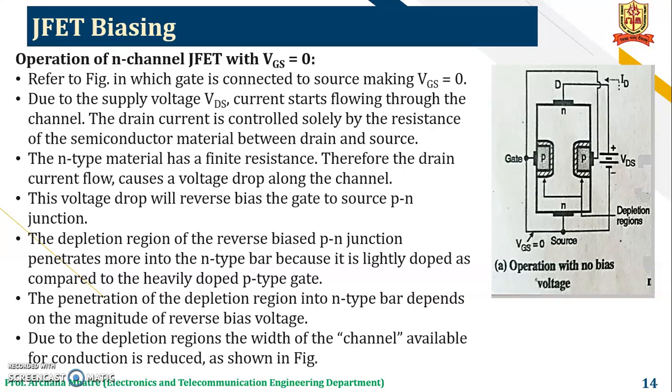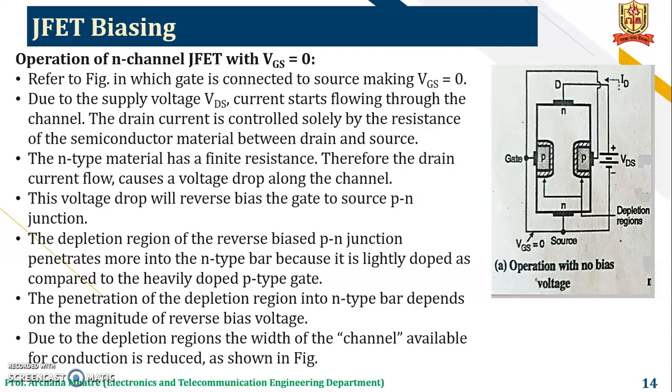Now next, JFET operation. The operation of an N-channel JFET with VGS equal to 0. In this figure you can see that the voltage between the gate and source terminals is 0. Due to the supply voltage VDS, current starts flowing through the channel. The drain current is controlled solely by the resistance of the semiconductor material between the drain and source. The N-type material has a finite resistance. Therefore, the drain current flows